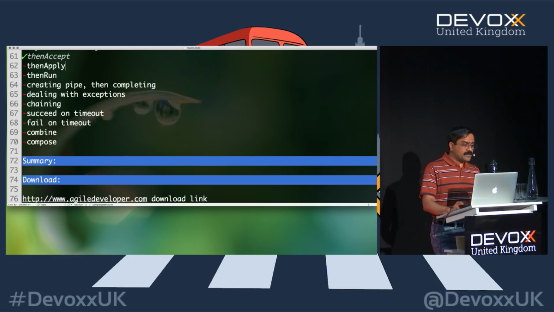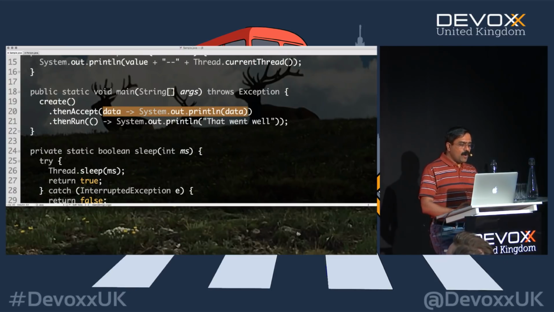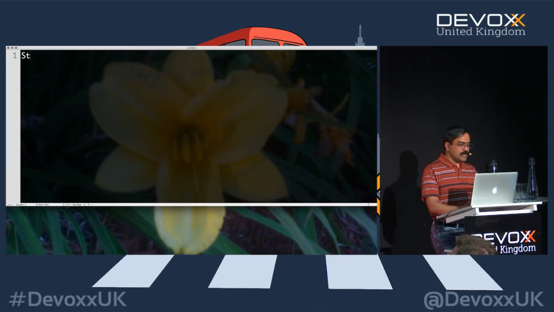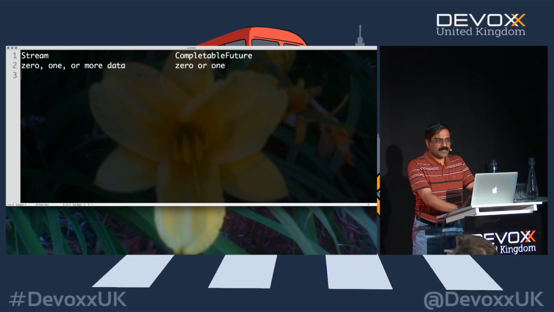So I also talked about the then run, the purpose of which is to say, yep, that previous operation actually worked really well. What about then apply? So here's a way for us to think about it. Let's do a little map of this right here between stream and, let's say, a completable future. Now, first of all, remember, this is 0, 1, or more data. This is 0 or 1 alone, right? That's one of the differences between the two.